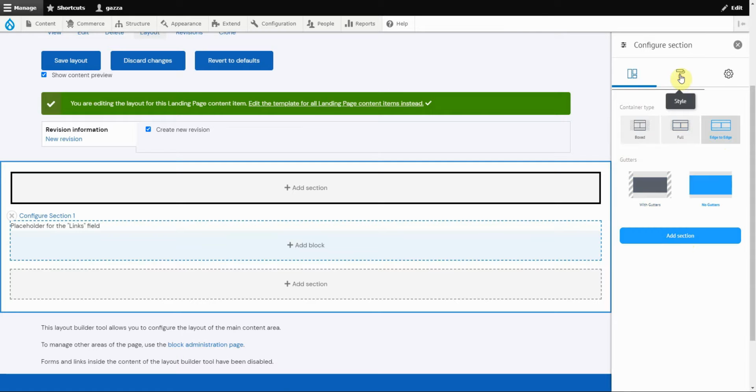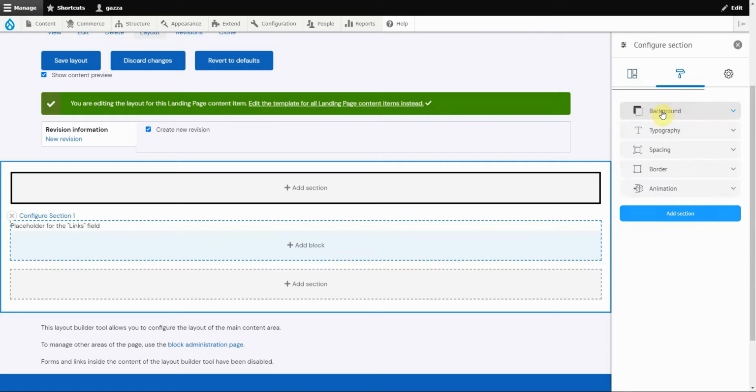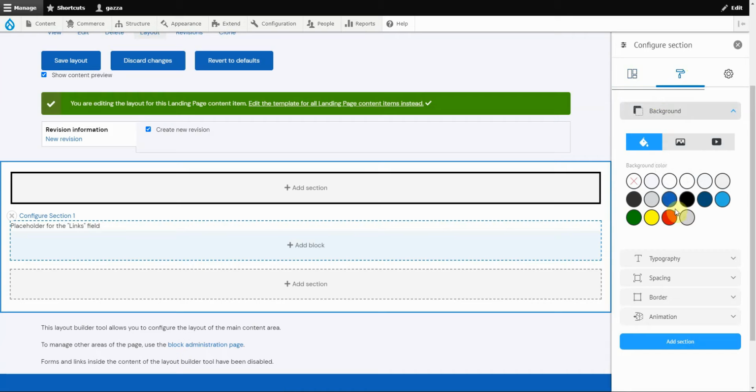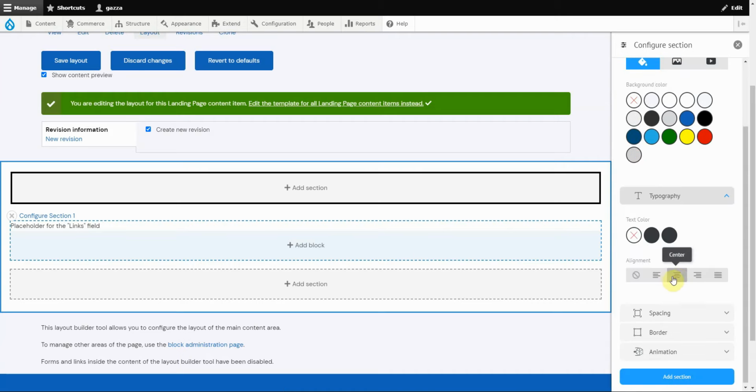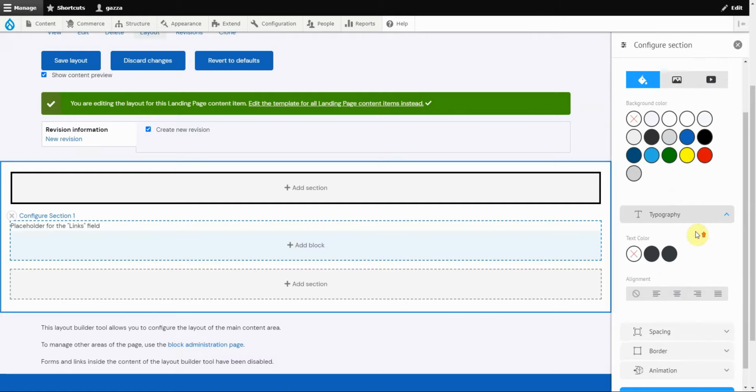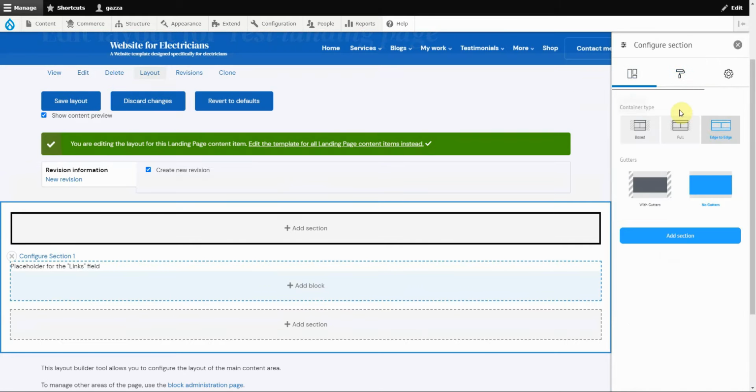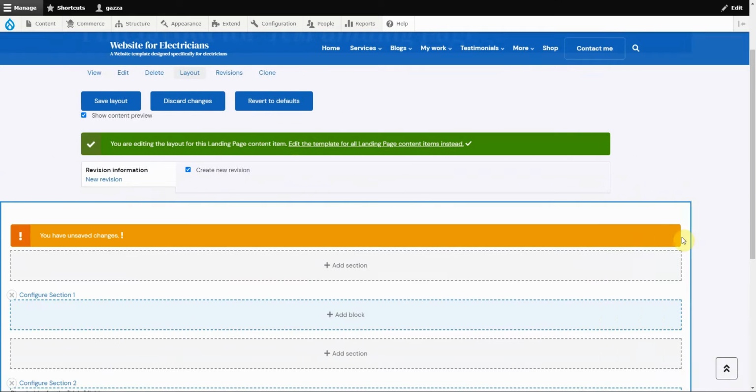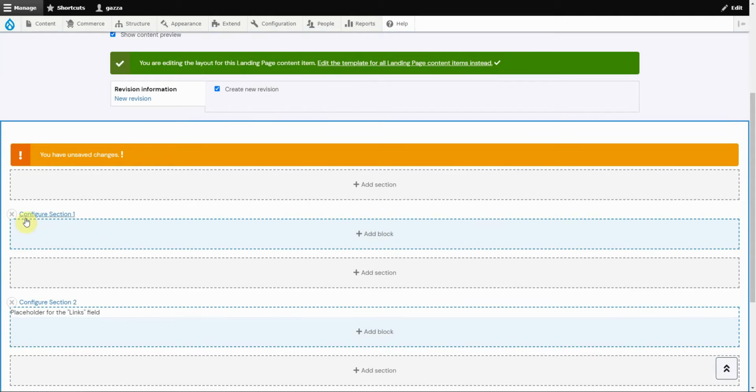We can also change some stylings, such as the background colours and the typography, so we can center the text inside this section if we want to. On this occasion, I'm just going to keep everything at its defaults and click add section. Now we have this section. If you want to come back and edit that section, we can click on configure section 1